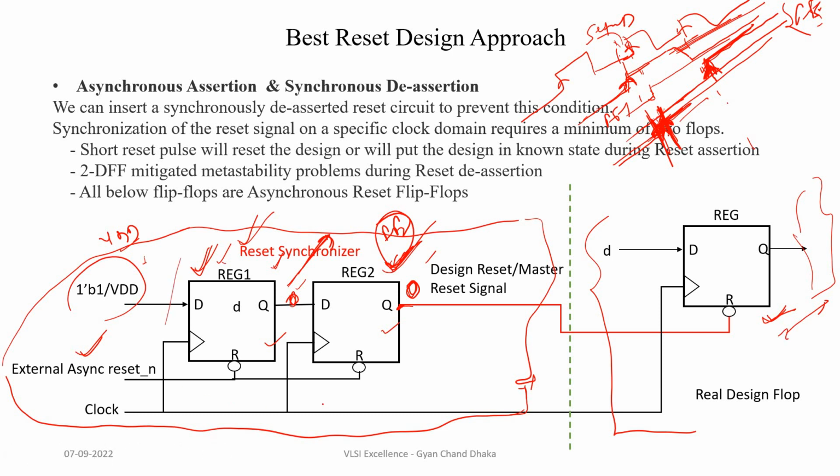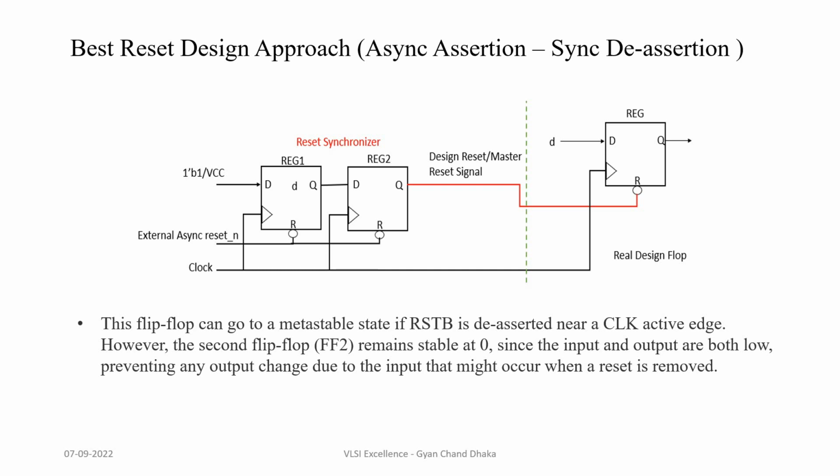So this kind of approach, the two flip-flop reset design approach, also called the VDD based reset synchronizer approach, can prevent the metastability issue which can be introduced by asynchronous reset deassertion. So I hope the asynchronous and synchronous reset design techniques, and which is the best one,